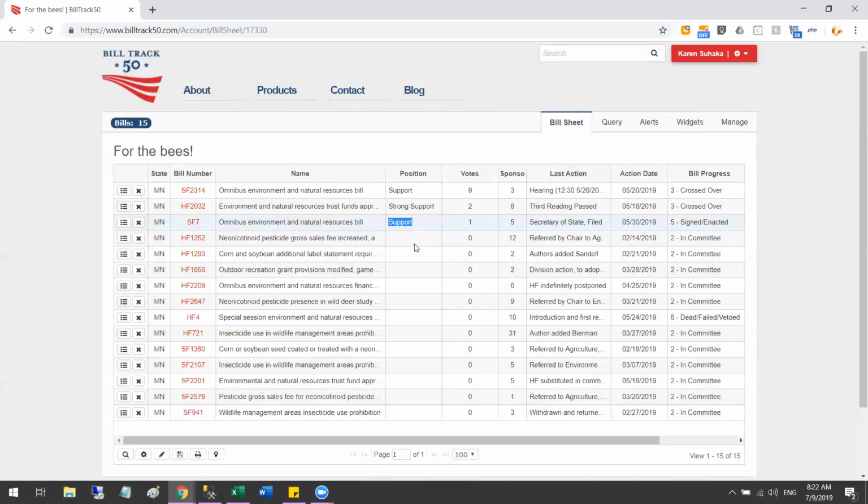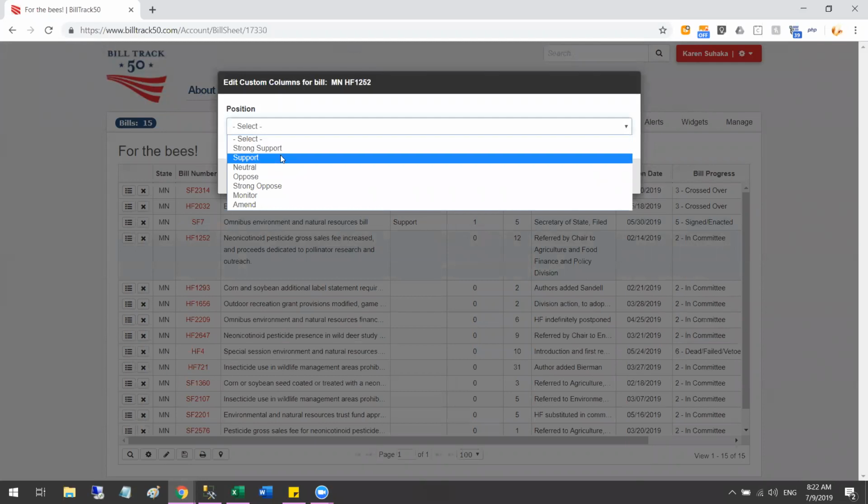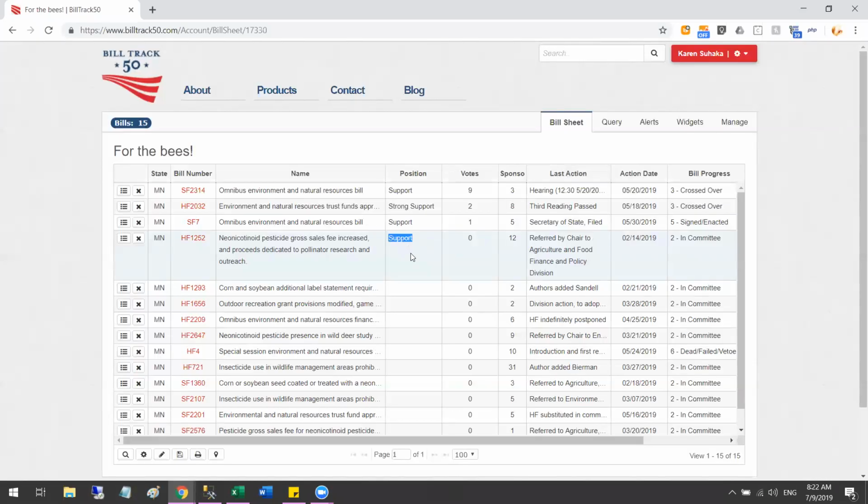Great. And then I've got this one that didn't actually have any votes on it, but I really thought that this was a good idea because that is how we're going to really make a change. So I would like to say that I support it just to be able to share it with my group of people who care about my issue as well. All right, so now I've created my list of bills. I've identified the bills I thought were important, and I've done the second step, which is I rated the bills.